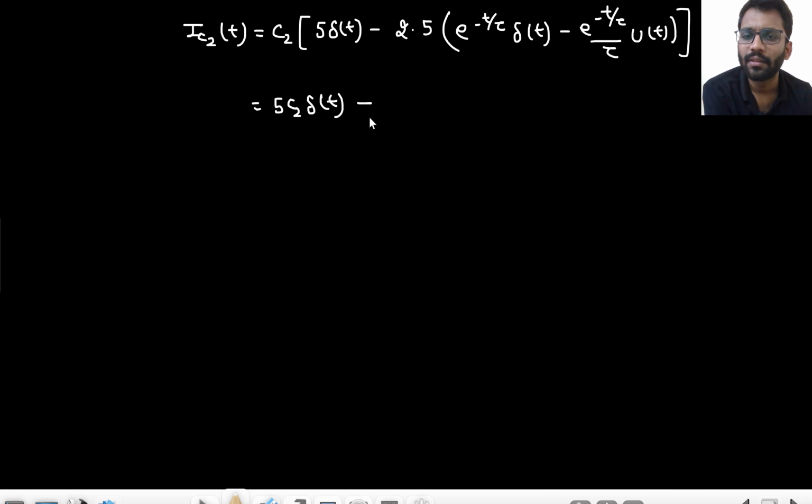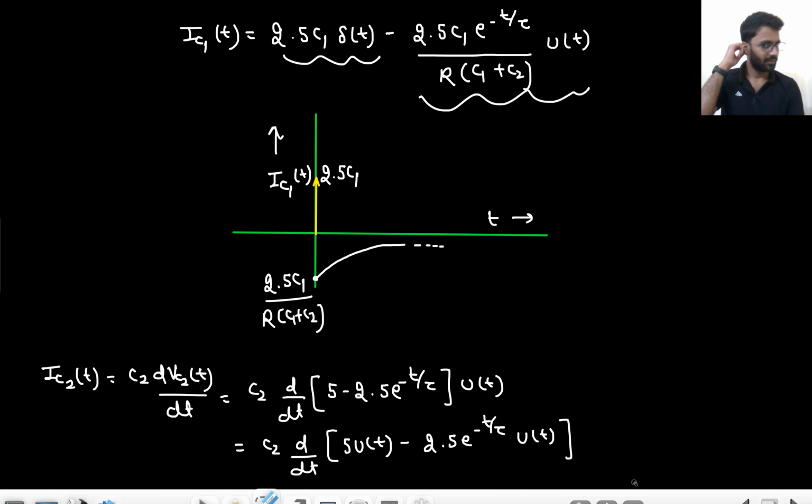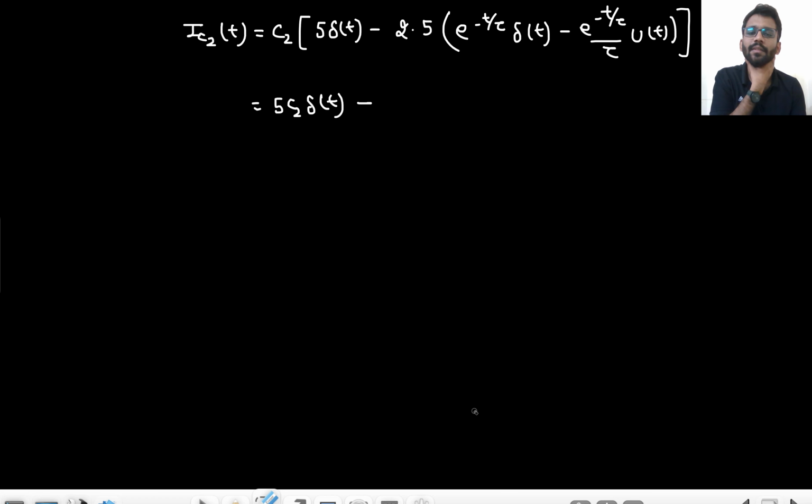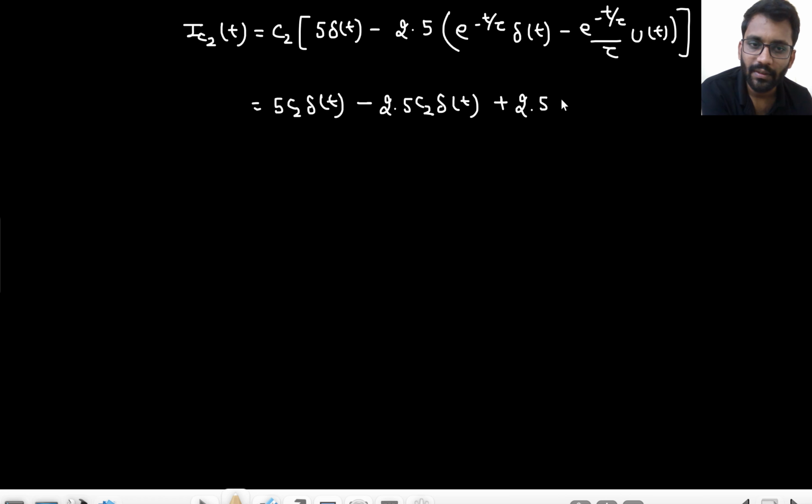minus 2.5, inside it will be only delta(t) minus e to the power... instead of that I should write, wait a second, I should write like this. 2.5 C2, this will go to delta(t), plus 2.5 C2, this 2.5 into C2, and this minus will go to plus, e to the power minus t upon tau into tau u(t),